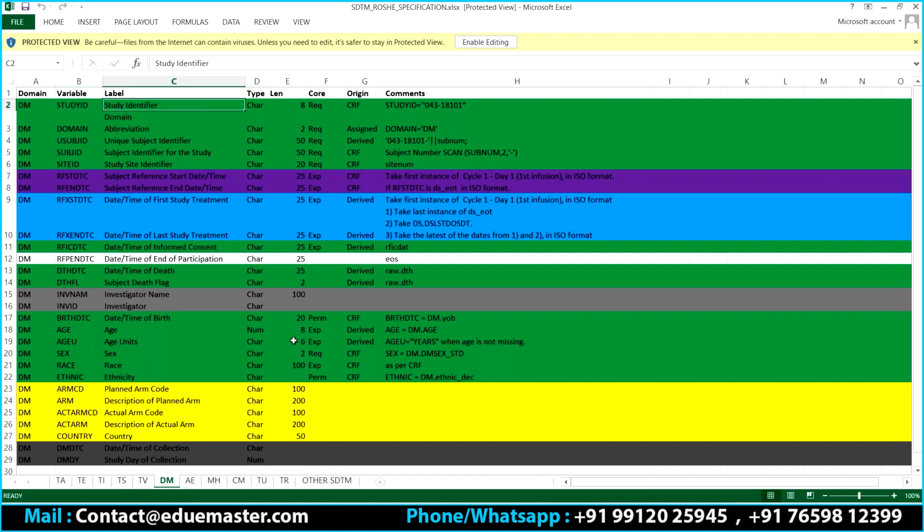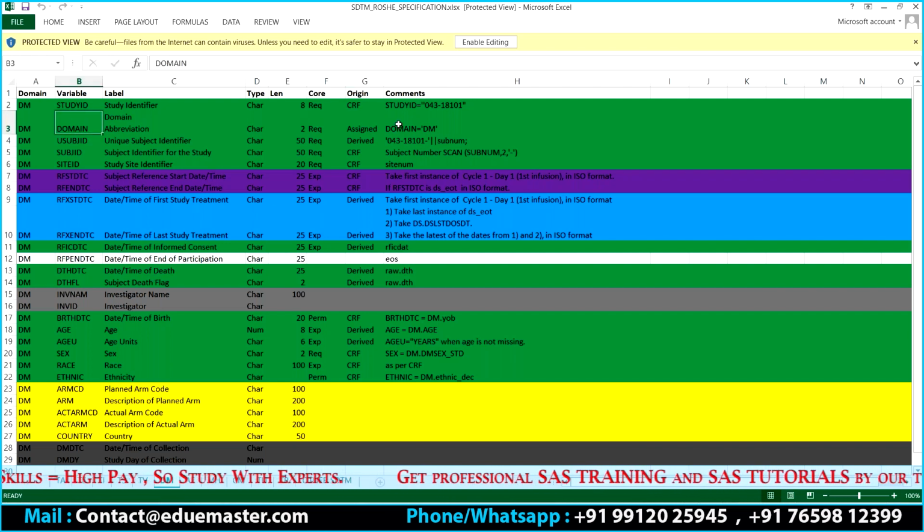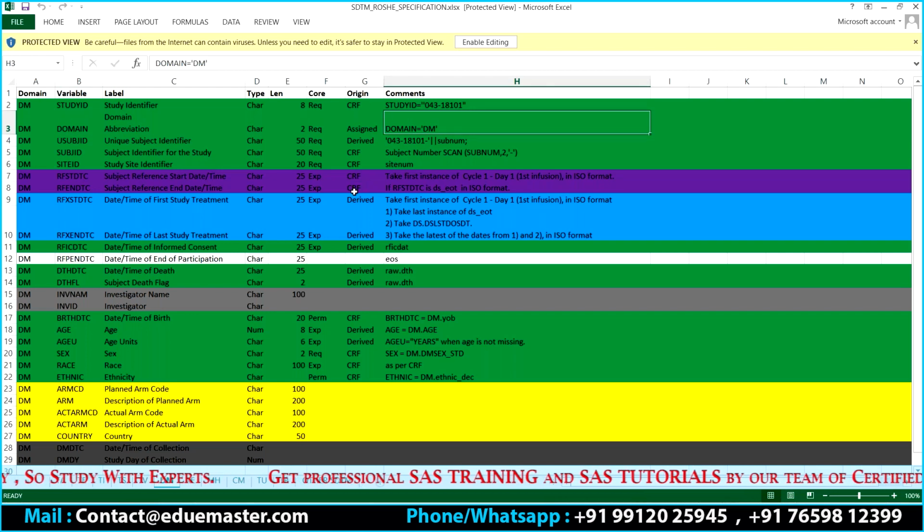The label is called study identifier. You can see that it is a character, the length is 8. Code, is it required or not? It is required. And you can also see here CRF. The origin is a CRF. Domain is not part of your CRF. You are assigning this domain equal to DM, the demographic domain.